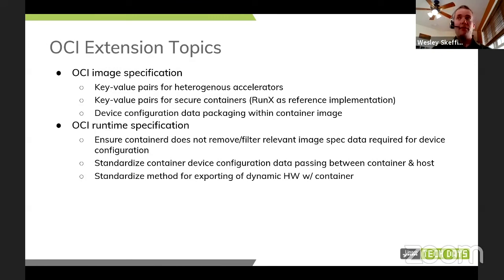We also need to standardize the way the container device configuration data is passed between the container and the host. In our early prototypes, we were using some environment variable passing. I think that's going to be a little bit brittle. And this is again where we look to what's the right long-term solution so that we can do this in a standardized design pattern. And lastly is being able to standardize the method by which we export those dynamic hardware devices to the actual container itself. So these are the top-level things that we're really looking for collaboration within Linaro and other contributors to upstream within the OCI